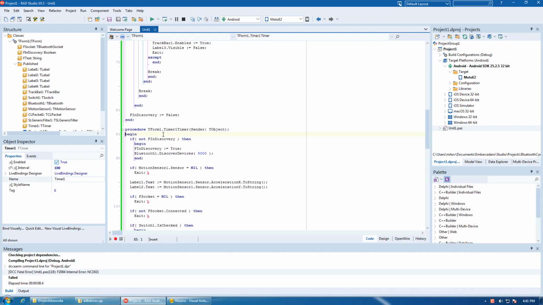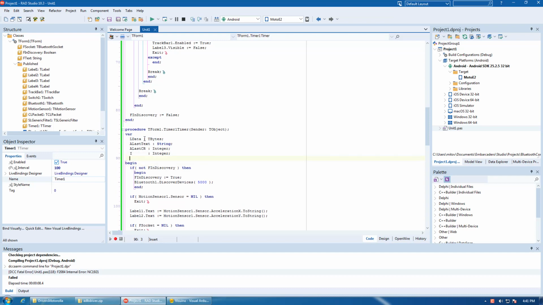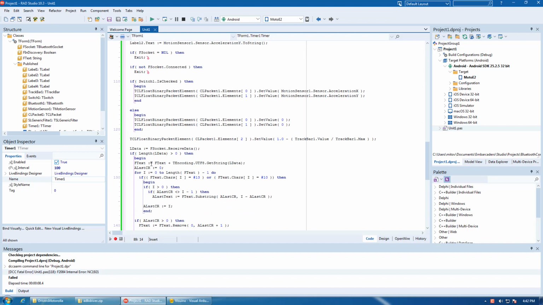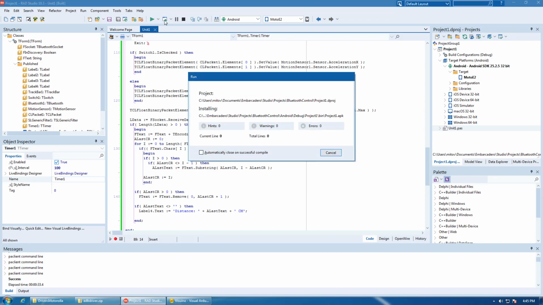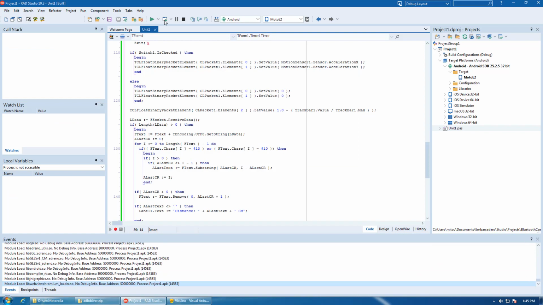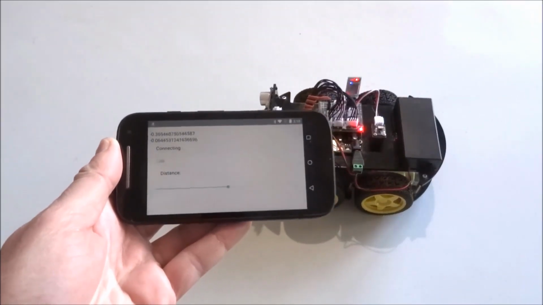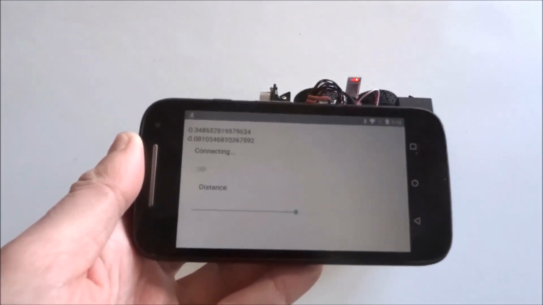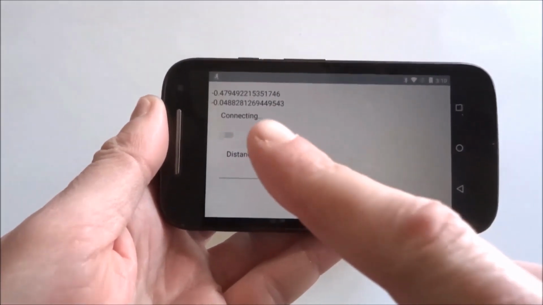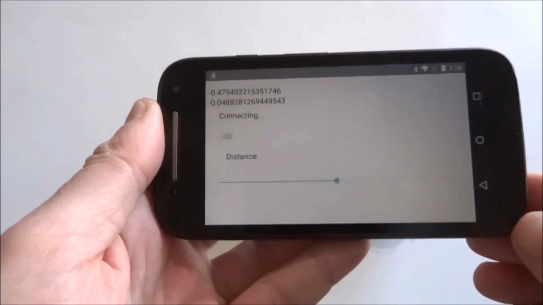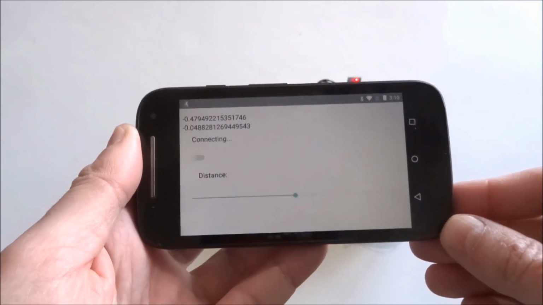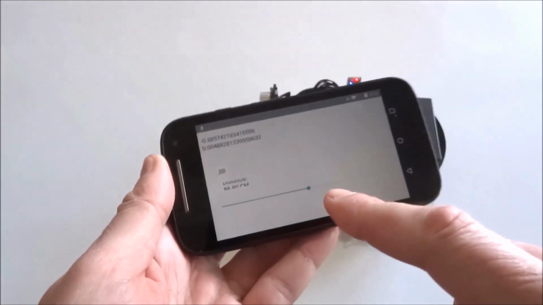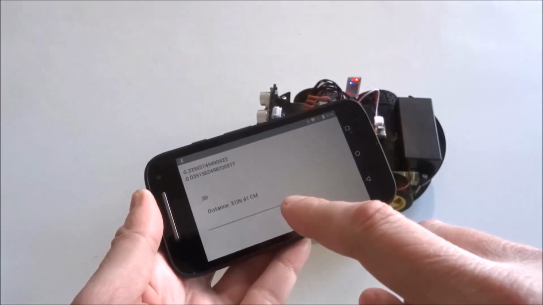I will need to add few local variables used in the code. Click on this button to compile, upload the code, and execute in debug mode on my smartphone. Initially, the app will show that the Bluetooth is connecting. It will take a while until it discovers and connects to the device, and once connected, we can use the track bar